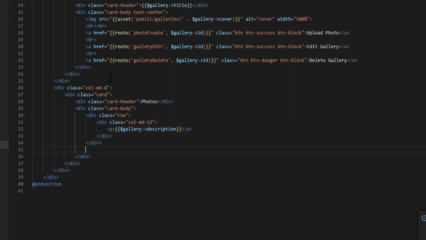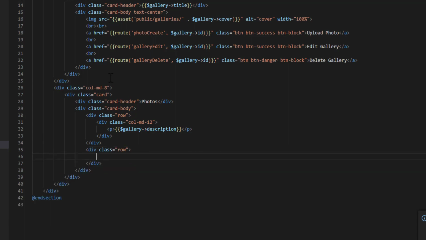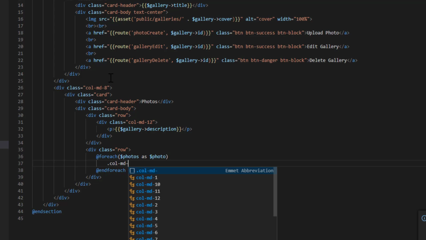So after this row we want another row, and inside this, first of all, we need to declare our foreach loop for the photos, and for that we can say @foreach photos as $photo, and end our foreach. So inside our foreach we want for every photo a col-md-3,